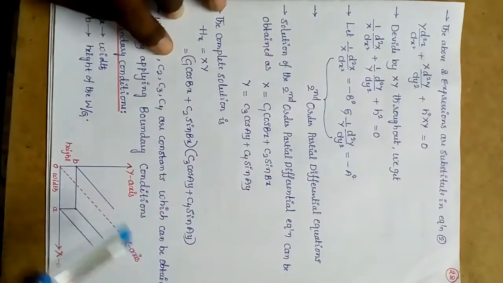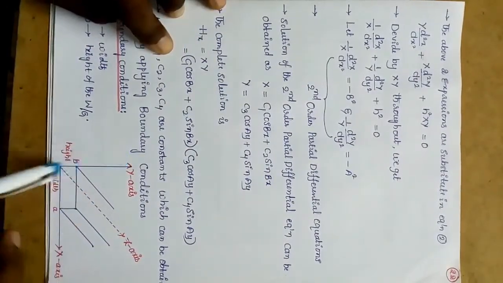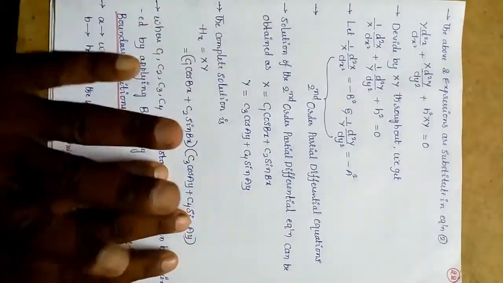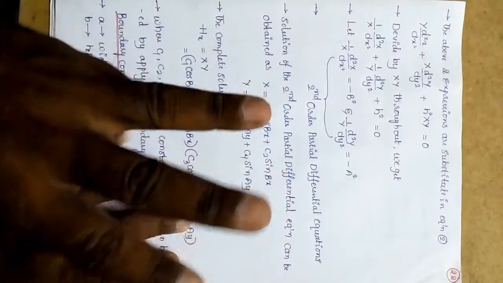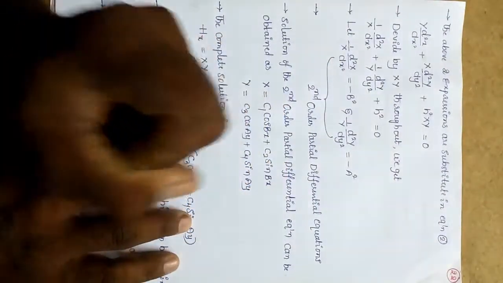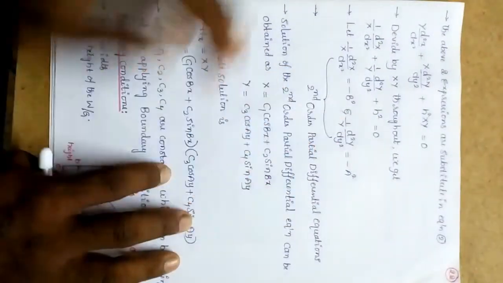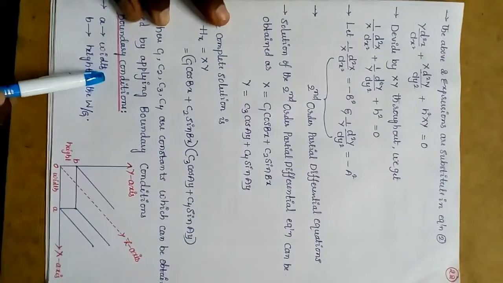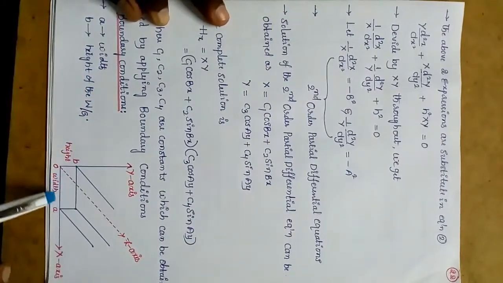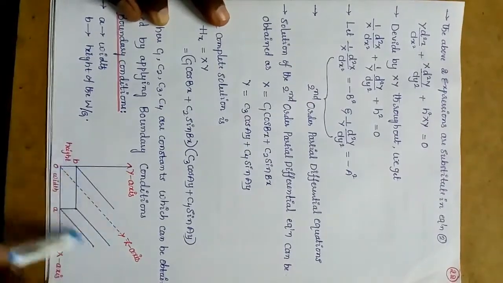Clear? Okay, along these three terms, length, width, height, based on these three terms, we are observing four boundary conditions. How to take the first boundary condition, second boundary condition, third boundary condition and fourth boundary condition. How to get these four, 1, 2, 3, 4, just you see. Here A is what? A is width, B is what? Height. A is the width of that rectangular waveguide and B is the height of that particular rectangular waveguide.